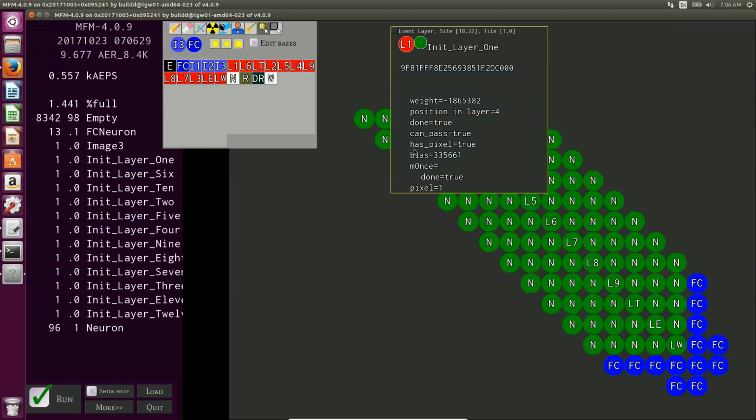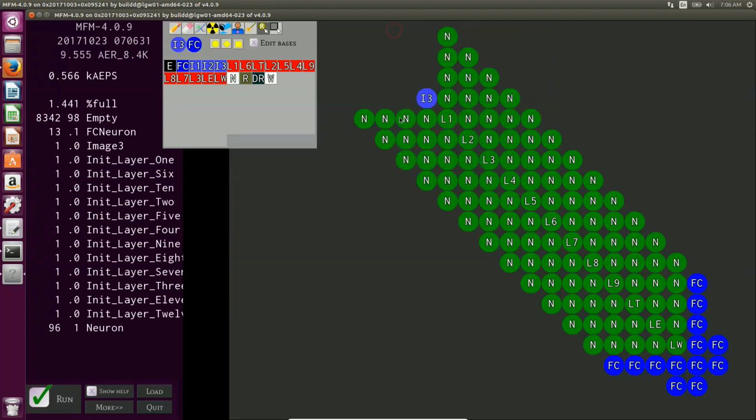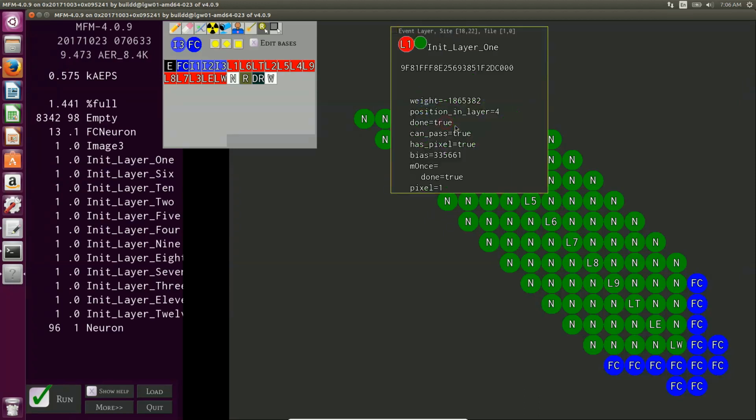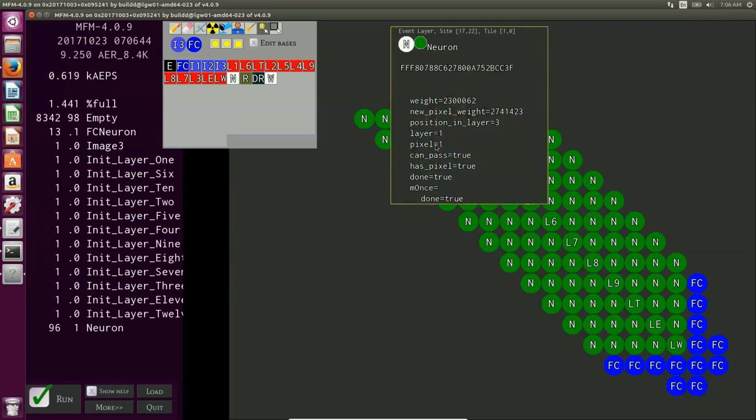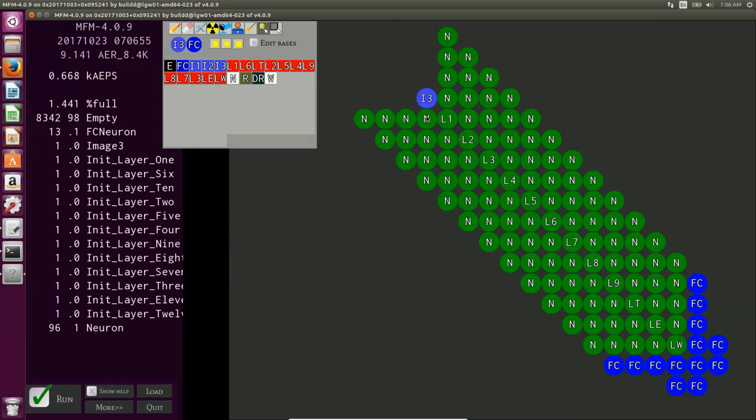So once these are added, I can't store it here because sadly I ran out of space. I have the weight and the bias, and they can get pretty big. So in the 4th neuron of each layer, I store the actual output result. So this new pixel weight is going to be the actual resulting pixel weight from this layer, which isn't that bad. And it will be easily propagated down into this fully connected